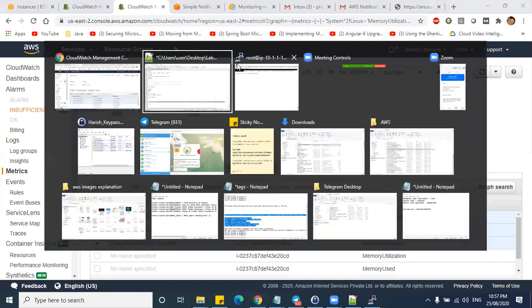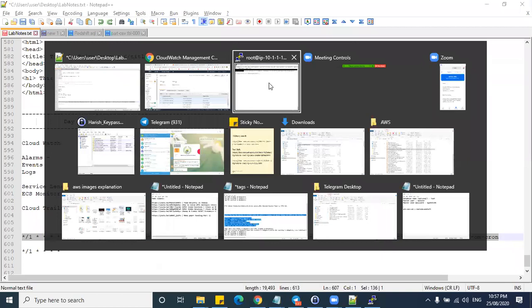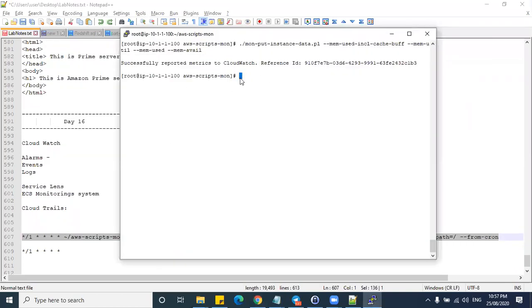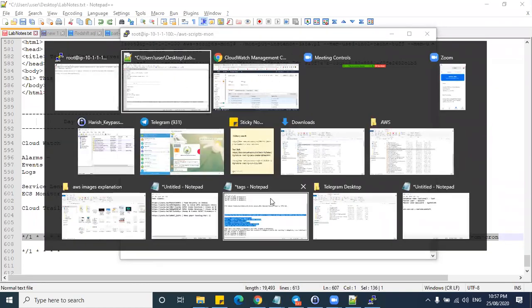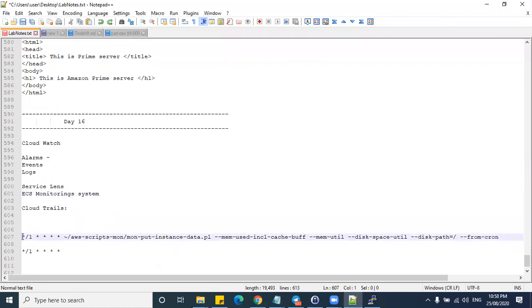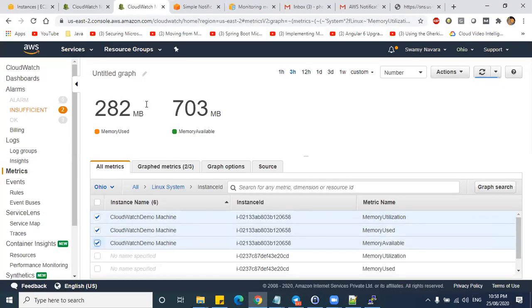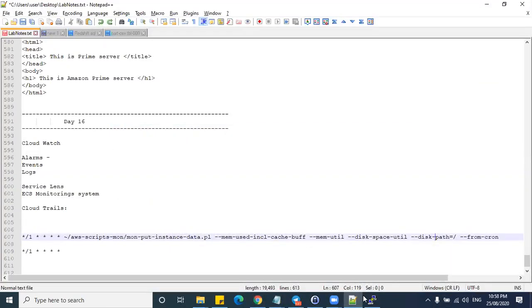Okay, and let us configure this crontab before it reflects. So where is that expression? Yeah. So if you fire this command, it will execute only once, right? But if you save it in crontab, you can see here, now it got reflected. Go to your EC2 machine.